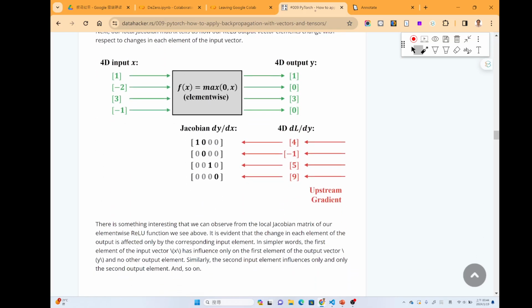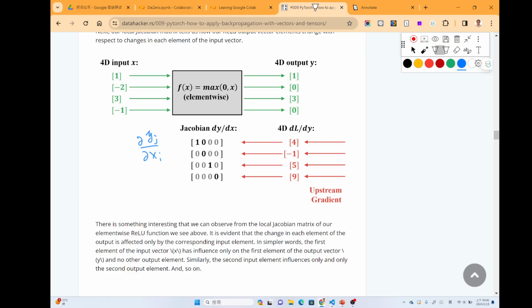In this case, we can calculate the Jacobian. We need to calculate partial y_j over partial x_i.